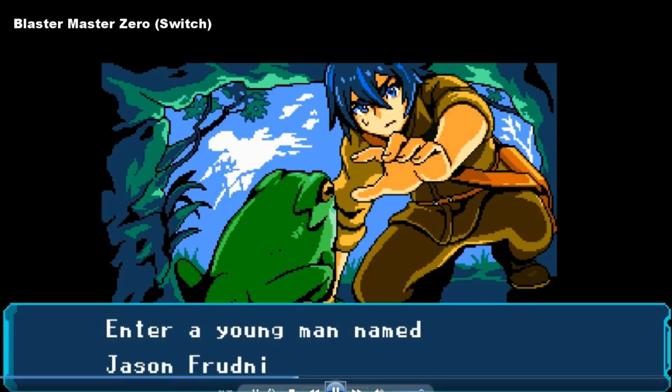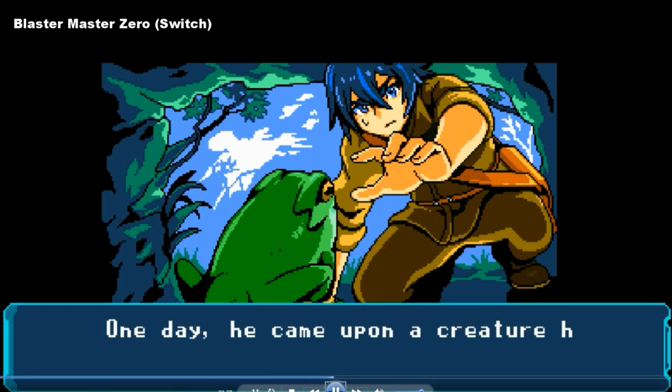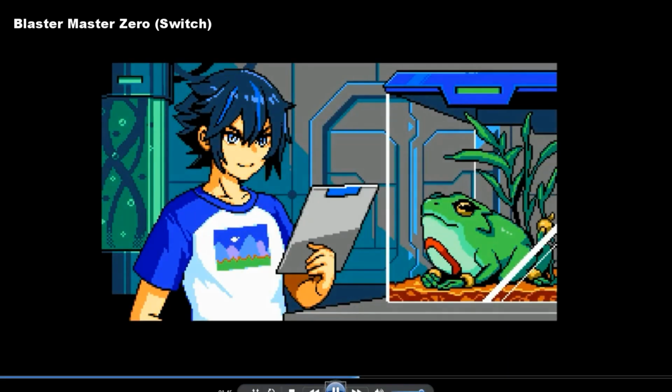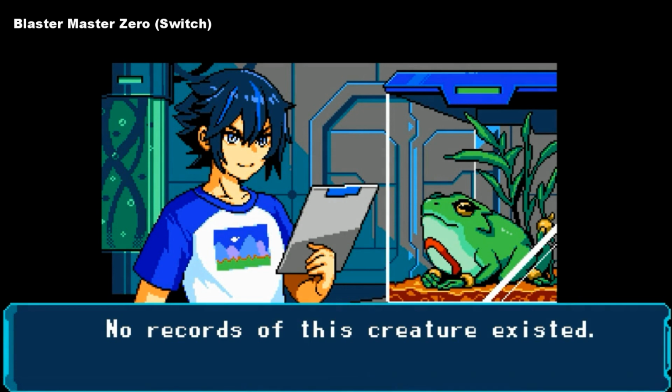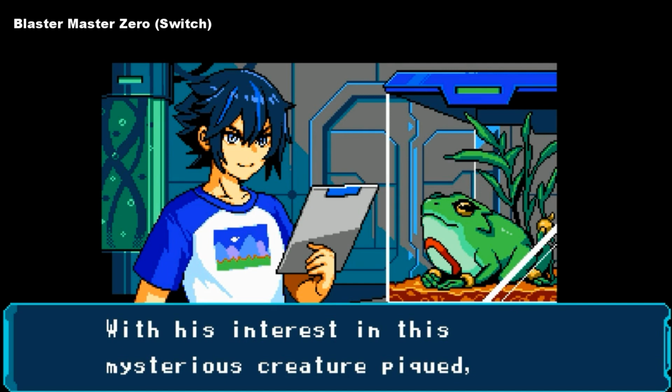Let's keep going. Enter a young man named Jason Frudnick, known for being a genius in the field of robotic engineering. Then why is he so enamored by this frog? Maybe it's a robot frog. One day, he came upon a creature he had never seen before. Okay, he was very much immersed in the world of robotic engineering because he doesn't recognize a frog. No records of this creature existed. No records outside of this one clipboard, I assume. With his interest in the mysterious creature piqued...